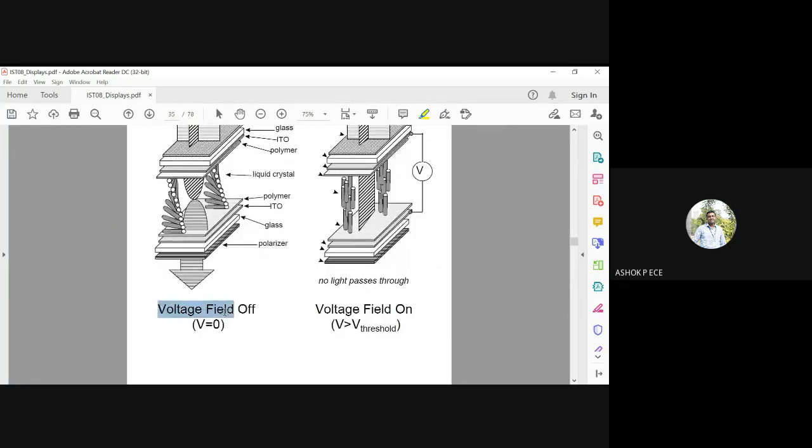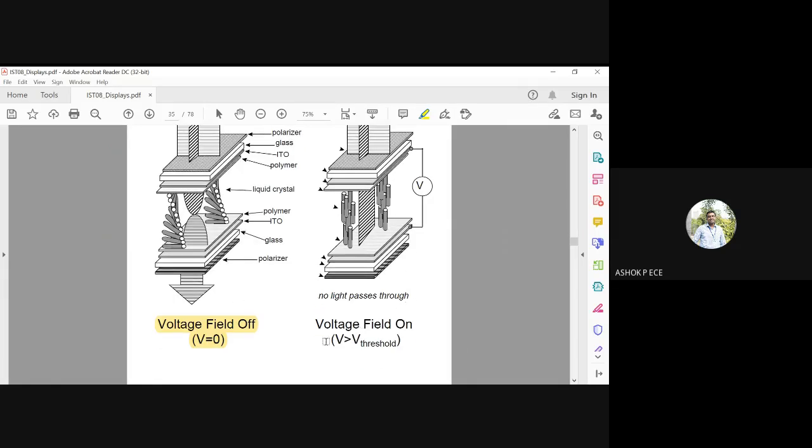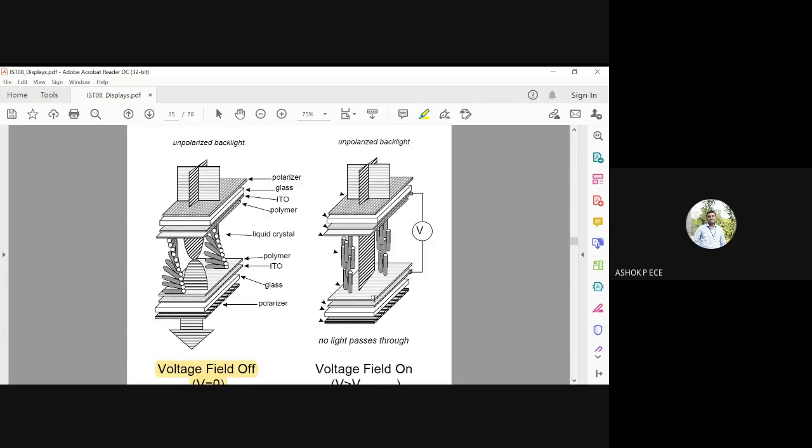So see, that is what is given here. Voltage field is off, V is equal to 0. When the voltage field is off, the light is allowed to pass through. But when I apply a particular voltage up to the threshold voltage, all these twisted nematics will be untwisted. When they are untwisted, they block the passage of light. So it becomes completely opaque.